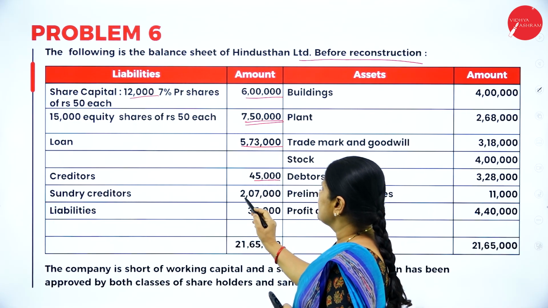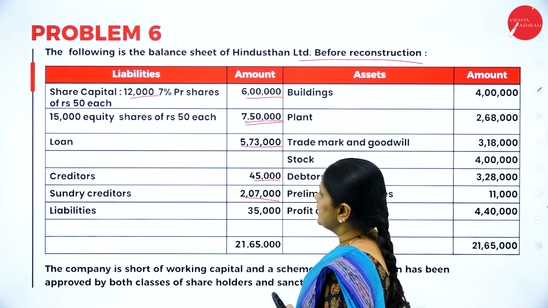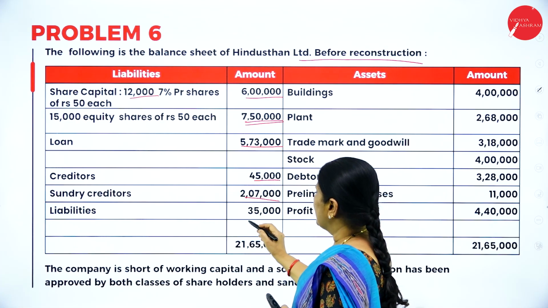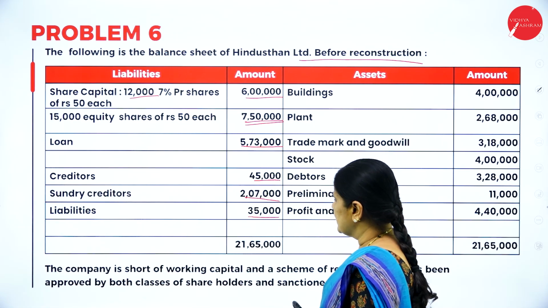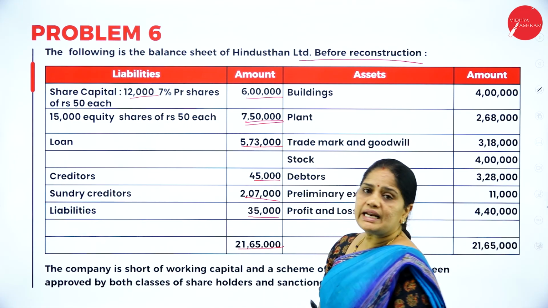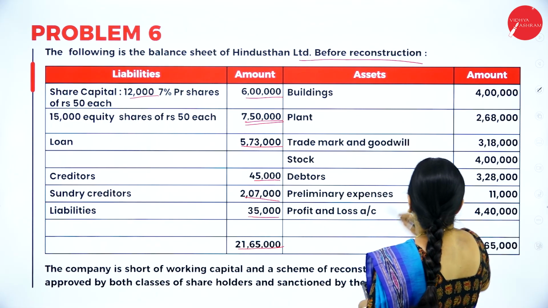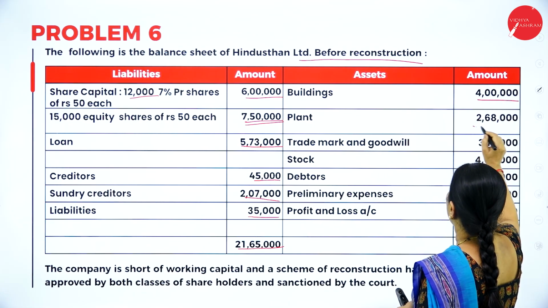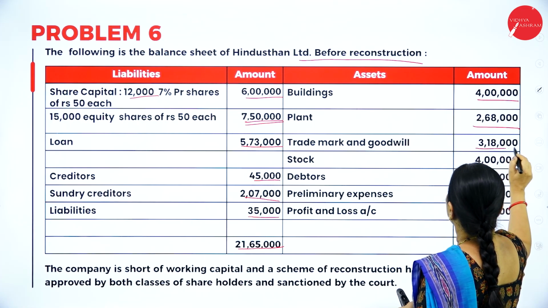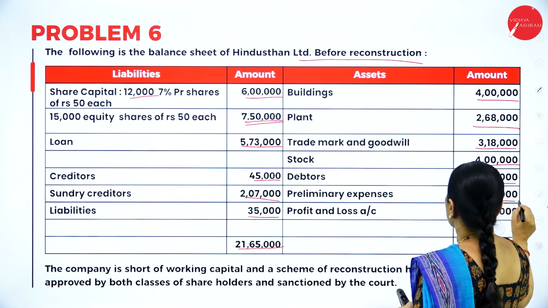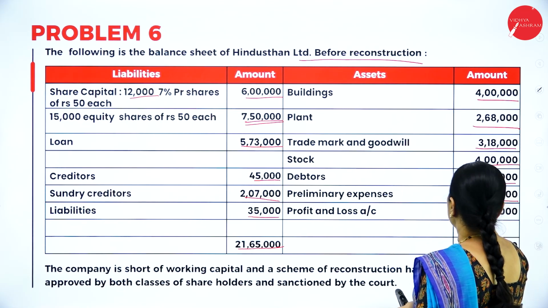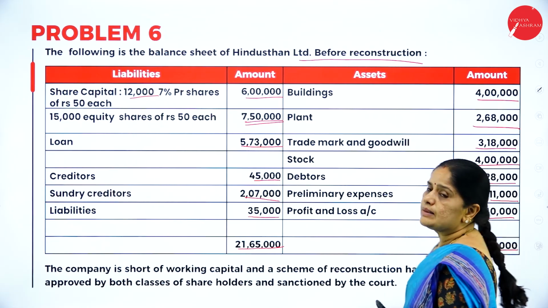Creditors 45,000. Sundry creditors, here we have 2,07,000 and liabilities 35,000. Total is 21,65,000. Buildings 4 lakhs, plant 2,68,000, trademark 3,18,000, stock 4 lakhs, debtors 3,28,000, 11,000, 4,40,000, total comes up to